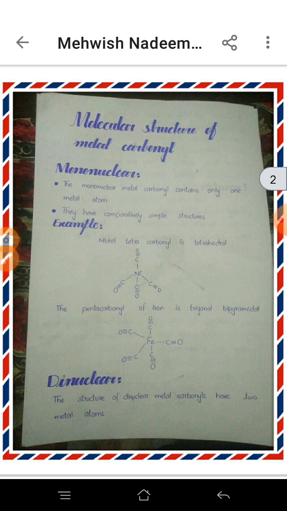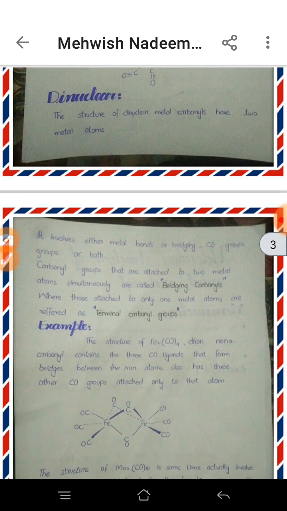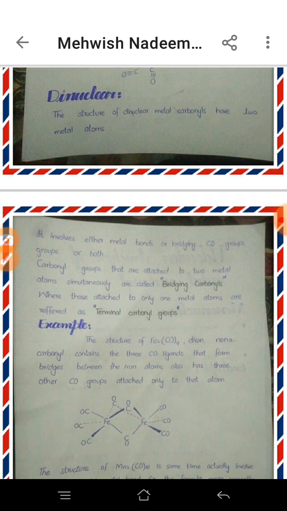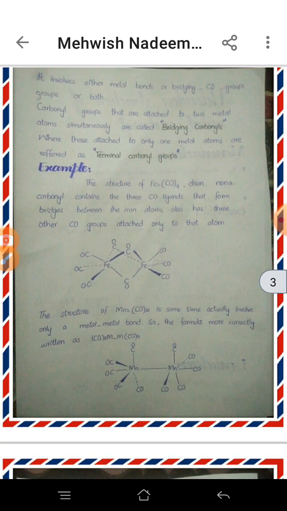Now we are discussing the dinuclear structure, and the dinuclear structure of metal carbonyl has two metal atoms. It involves either bridging carbonyls or terminal carbonyls. First of all, we are discussing the bridging carbonyls, then we will discuss the terminal carbonyl groups. Bridging carbonyls attach to two metal atoms simultaneously, while the terminal carbonyl groups attach to only one metal atom. And the example of a dinuclear metal carbonyl structure is